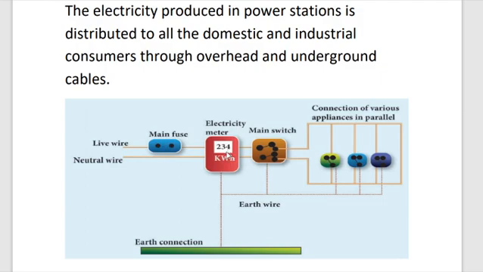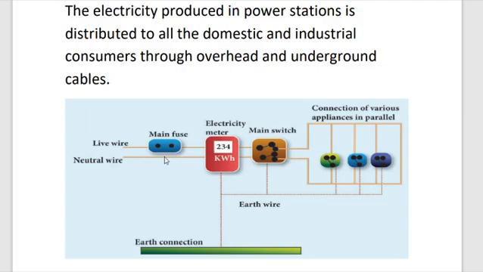This is the meter box. This is the main switch. So the first stage of the domestic electric circuit is to bring the power supply to the main box from a distribution panel, for example a transformer. The important components of the main box are the fuse box. You see here the main fuse. This is the fuse box, and the second one is the meter.